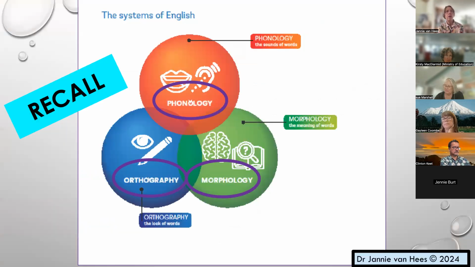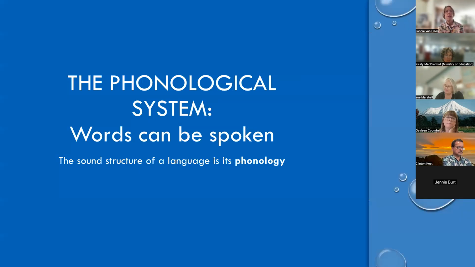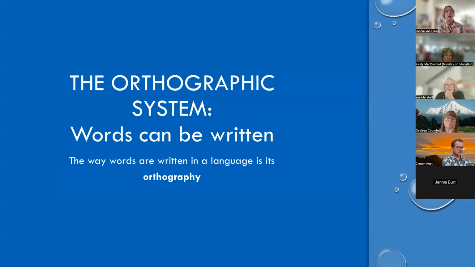And I want to explore that with you. So just to recall, phonological, it's how words are spoken, what they sound like, what they then transfer to in terms of the English writing system. And we have 44 phonemes and about 80 plus different ways that we can write those phonemes. So that's a very complex and tricky area.